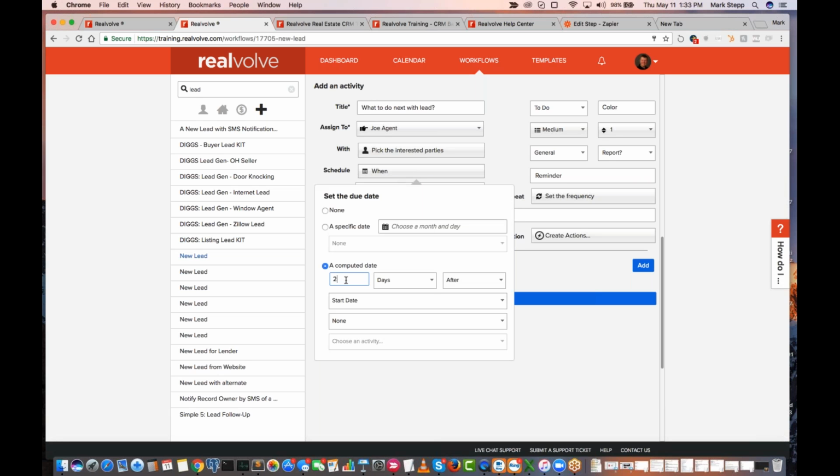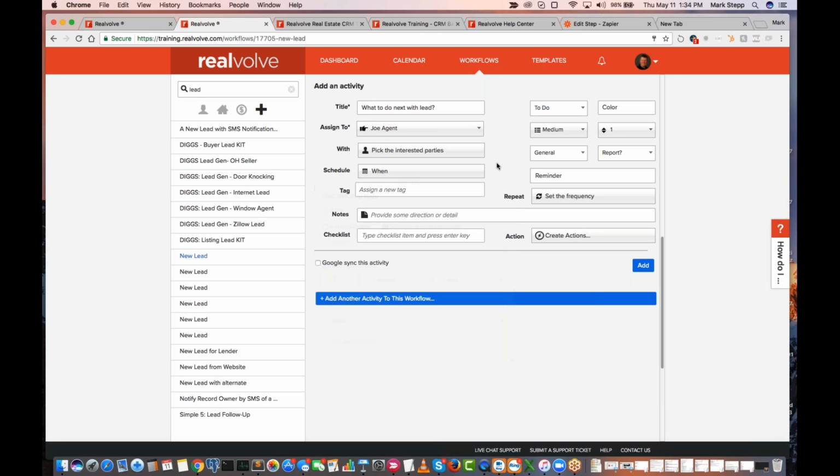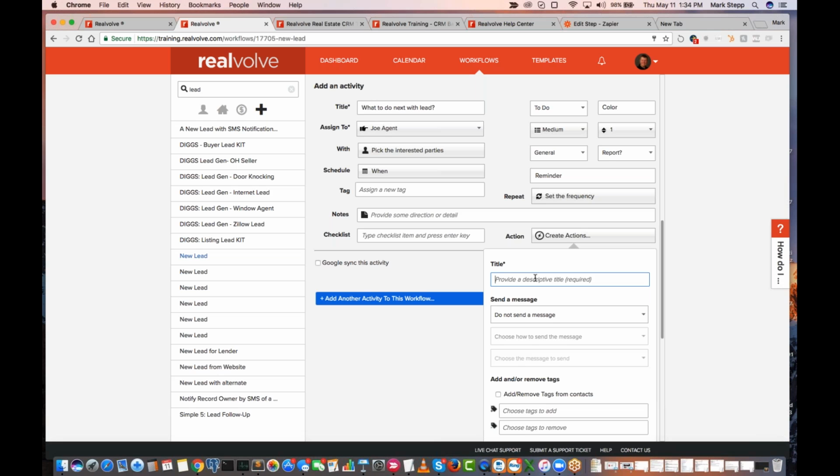I'm going to say, well, after 2 weeks after the start date, I'm going to do this particular activity. Let's say we had several things all the way up to 2 weeks, and now this is the last thing in my list that I need to do. So what I would do in this case was I would create a couple different actions. One of the actions would say, still hot lead,